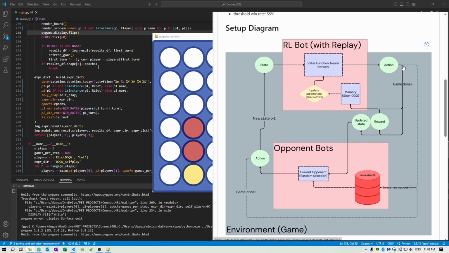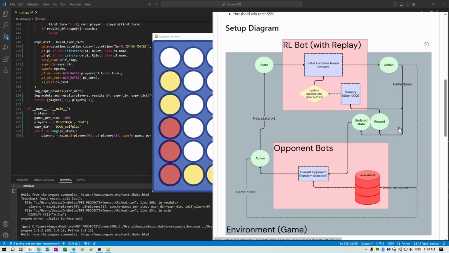Based on this action, we're going to take the action, send it to the environment, and receive a reward as well as an updated state. These values get stored in our memory of size 1,000, so the 1,000 last experiences, let's say. These are randomly sampled into a batch size of 200, and those batches are used to update the parameters of our neural network. This is one of the main changes we made in the last video to help stabilize